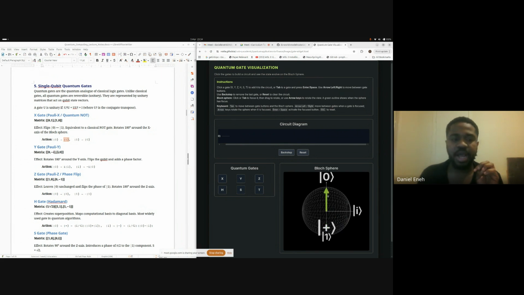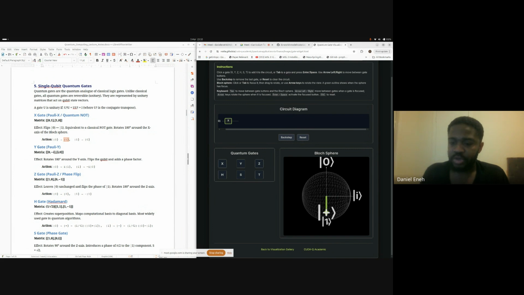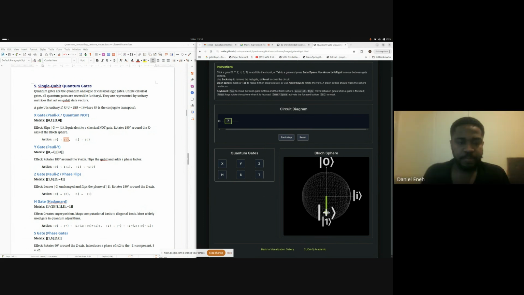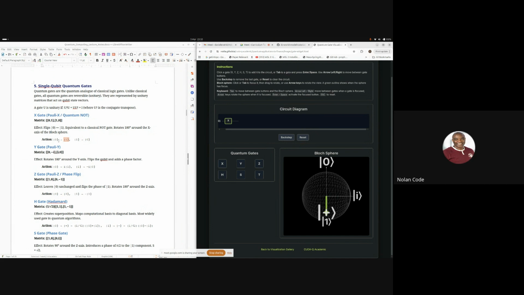So let's do that again. Look at the green arrow. The green arrow is telling us now what is the state of the gate. In quantum physics, it's not just 0 or 1. It can either be 0 or it could be 1. But for this simple one, if you apply an X gate to an input of 0, that means the qubit is at 0. If you apply just an X gate, it flips it to 1. You see that? Makes sense. So let's go back a step again. The output is a 1. Is everyone clear on this?